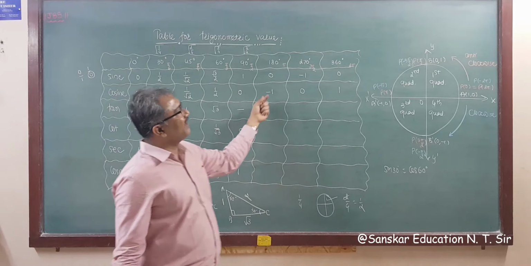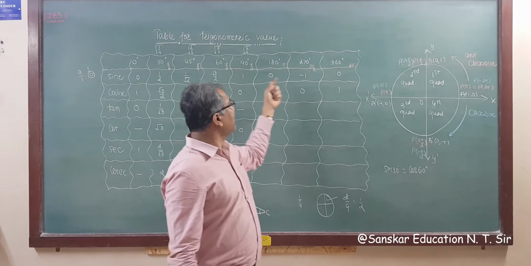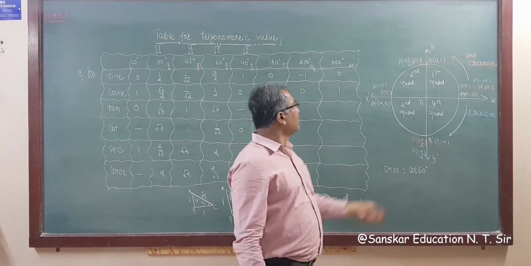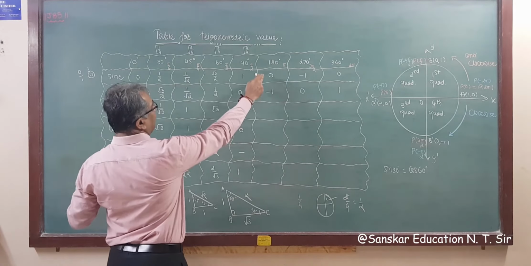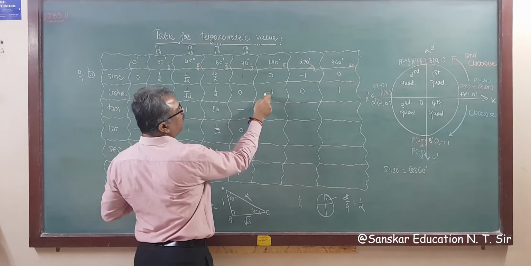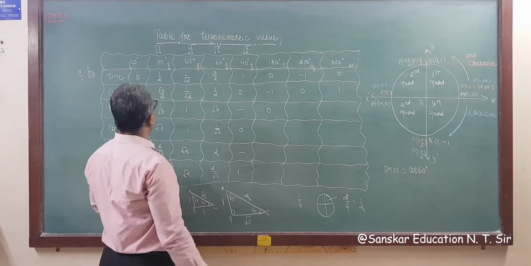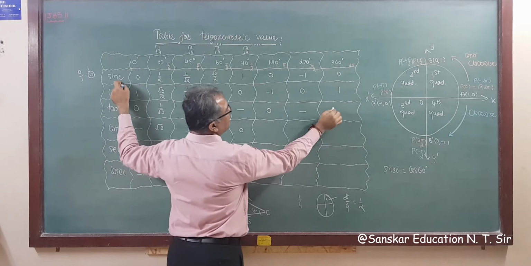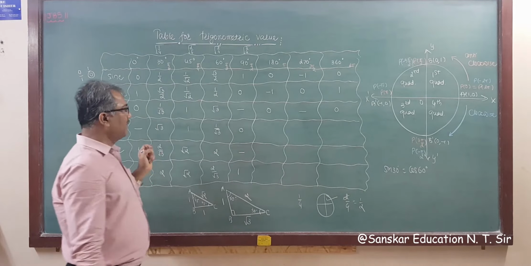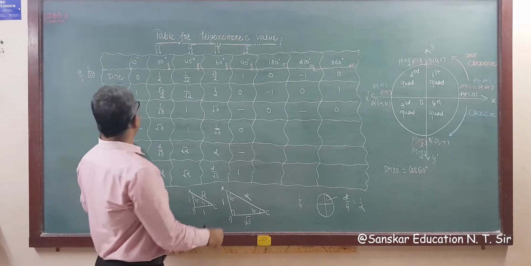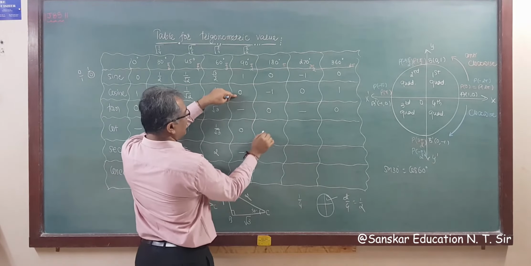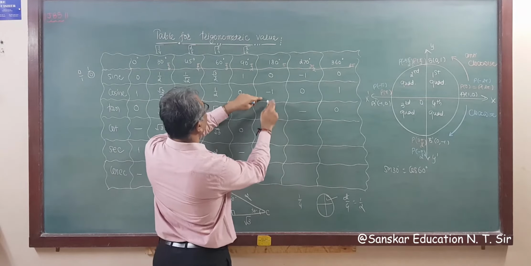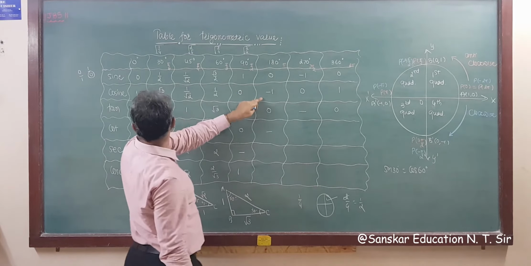And for 180, 270 and 360, that is pi, 3 pi by 2 and 2 pi, remember this unit circle. So now sine upon cos, that is tan. So 0 upon minus 1, that is 0. Now tan 270, this is minus 1 upon 0, that is undefined, and this is 0. Right? Now cot. Cot means cos upon sine, so 0 upon 1 is 0. Sorry, minus 1 upon 0, that is undefined, we have to take this. So this is what means undefined.